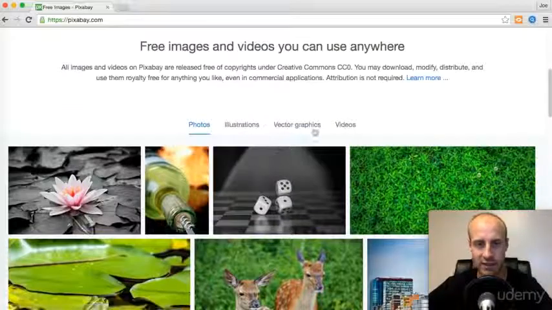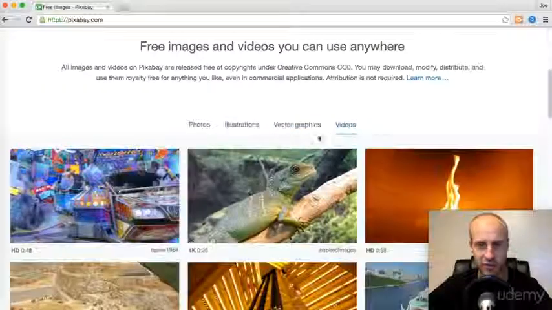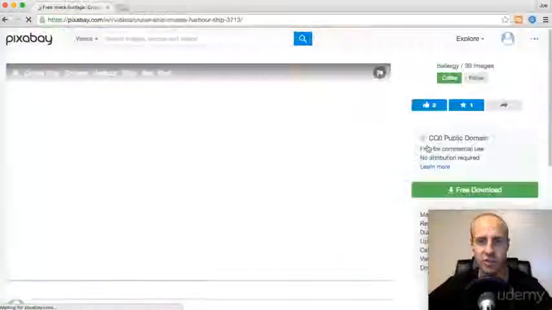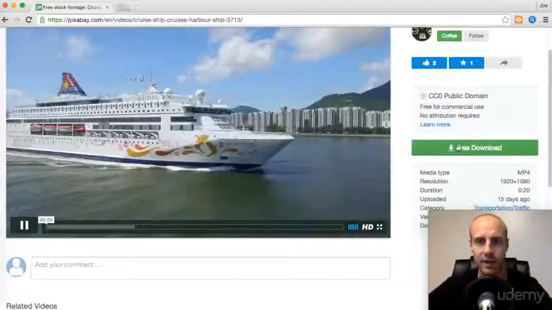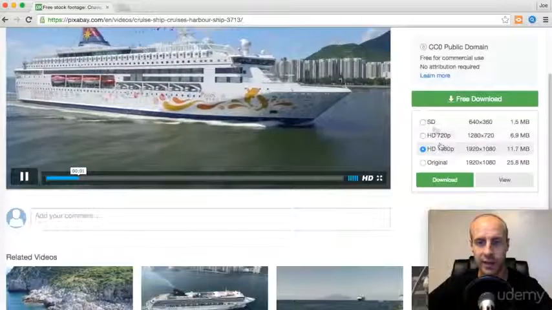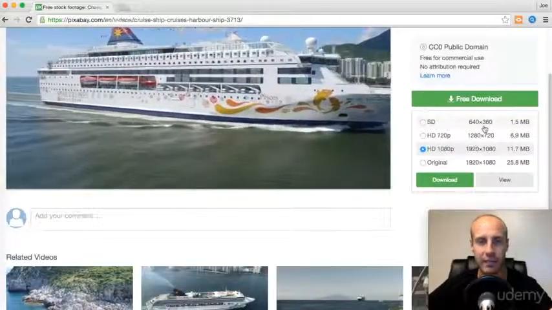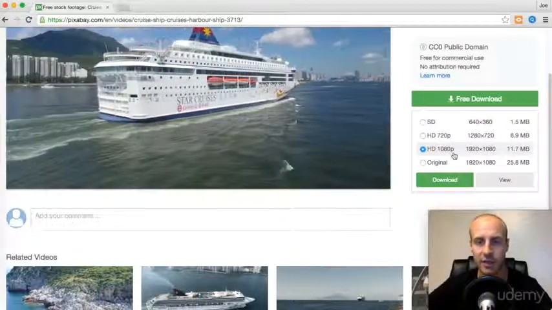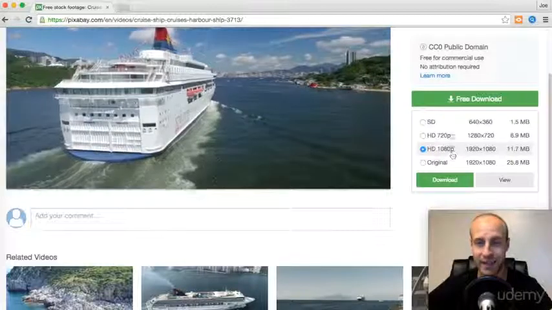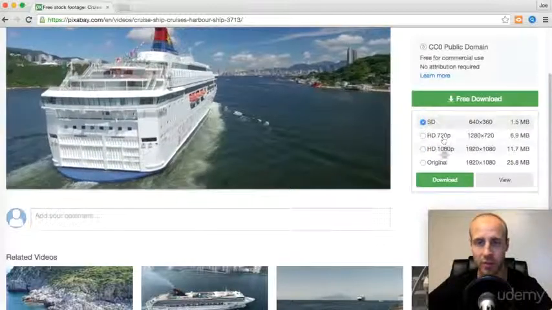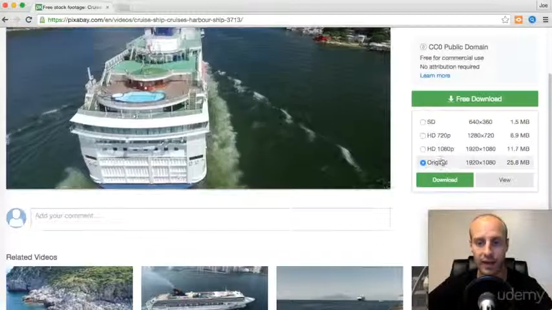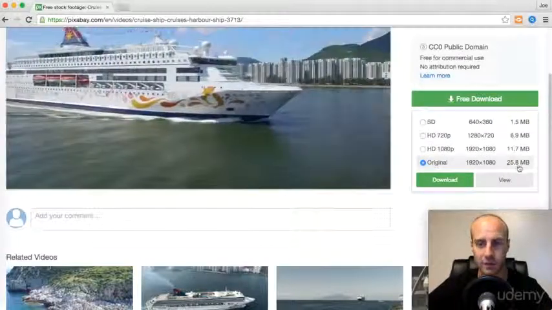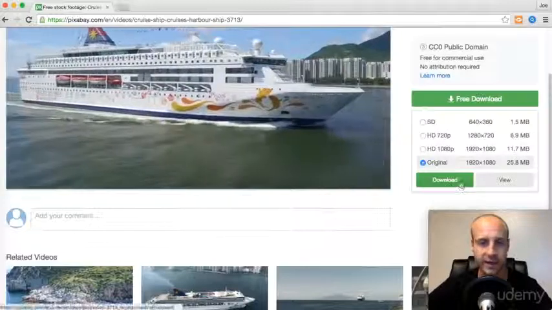And just one last thing here too, for any of the graphics, illustrations, or videos, it works the exact same way. So let's say I want this picture of the cruise ship. Go ahead and click on that. I just go to free download, and then depending upon how many megabytes I want it to be and how big of a file I want it to be, and then what if I want it in 1080p, 720p, or a little bit lower SD, I can click on any of these. So this is 1080p. This is the original file, so it's actually twice as big, and I can just download that,